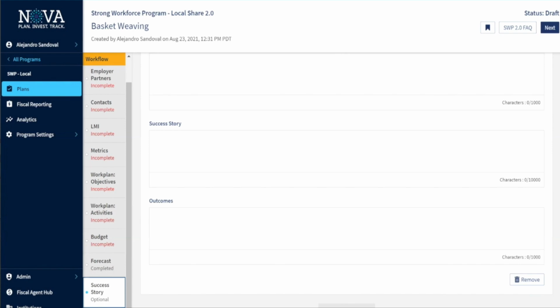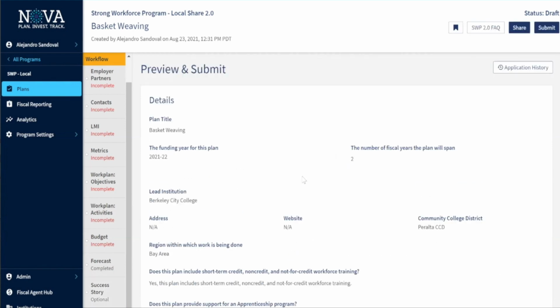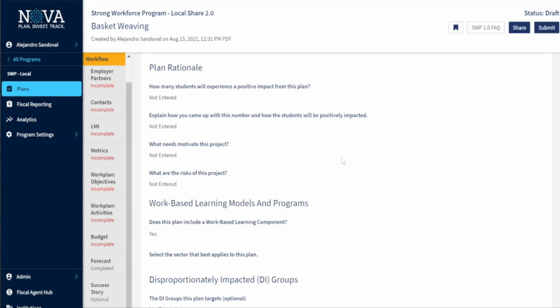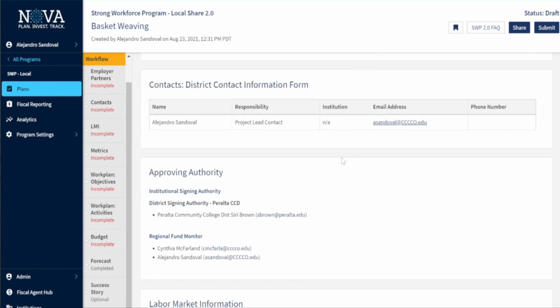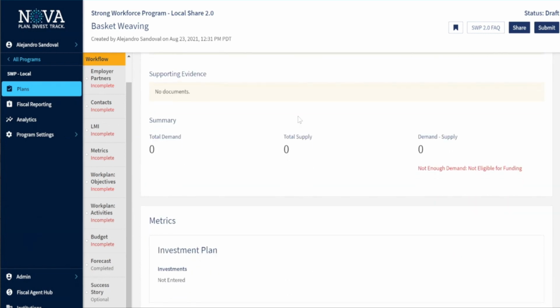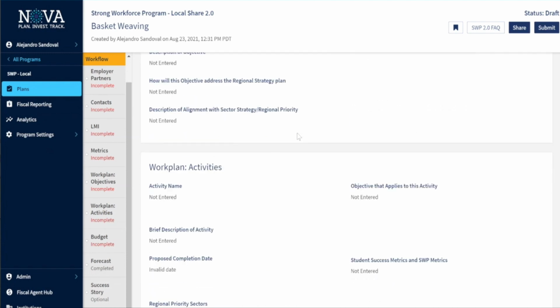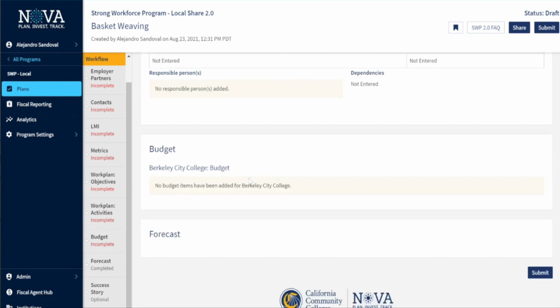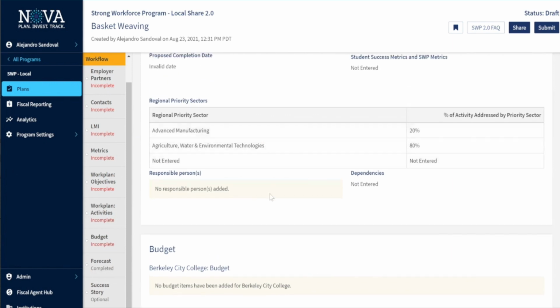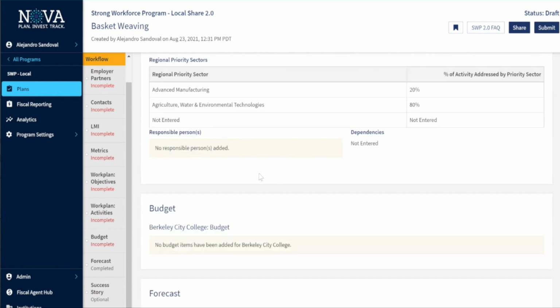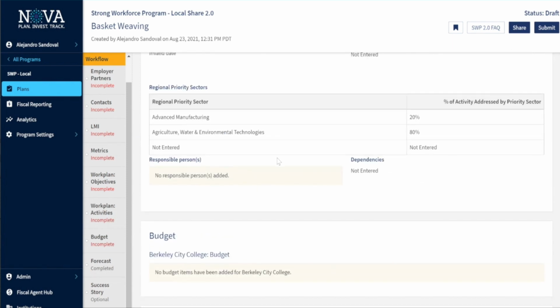Once you've entered all your information in the plan, you will see a summary of all the data from that plan. And this summary is exactly what the monitor sees on our end at the Chancellor's office. So please be, as I mentioned, please be very descriptive in your narratives.